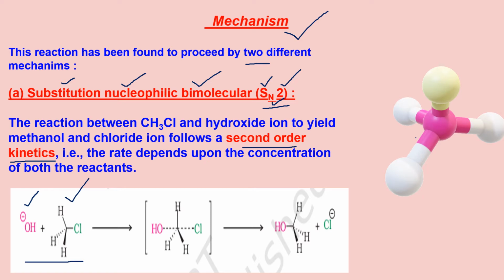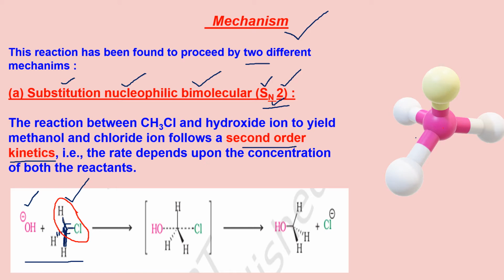Now this structure of haloalkane is called wedge and dash representation. This line, which is the bold one, is coming towards us. It's shown like a wedge. It is coming towards us out of the plane of the screen. And this line, dash, is also going out of the plane, but it is on the other side, behind the screen. And this H, which is attached to the carbon in the middle, all these atoms are attached to the carbon in the middle, and this Cl, these two bonds or these three atoms I can say, they are in the plane of the screen. This is a tetrahedral structure.